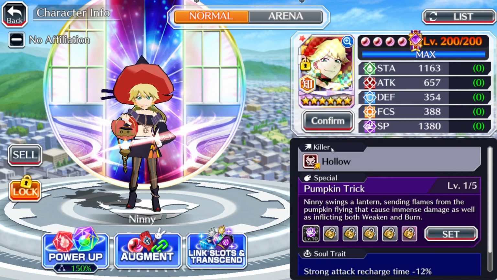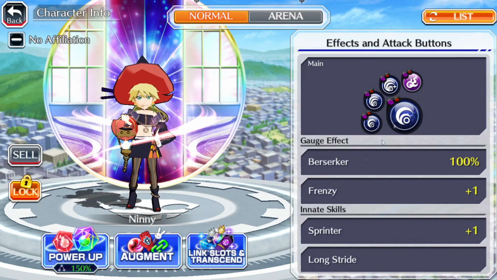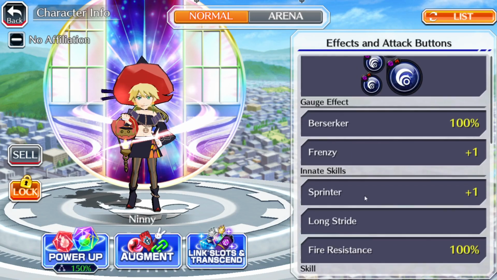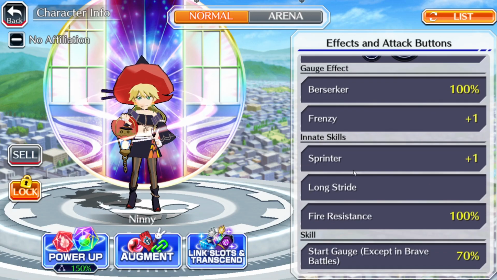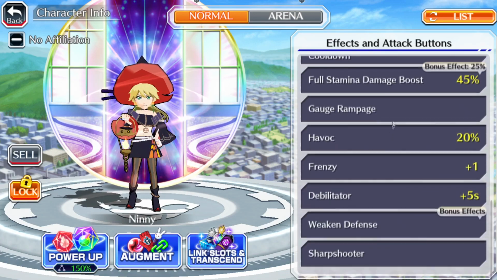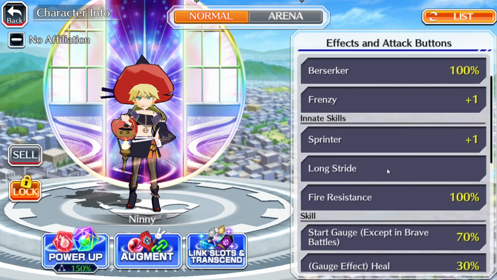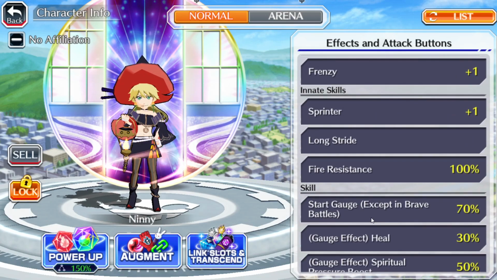She has a hollow killer, she's no affiliation, she's mind, she has double status element, she has sprinter and long stride, so basically you just end up giving her full stamina damage and weakened defense most likely, and you should be fine. Or even just damage to burning or damage to weakening, either or. She also has fire resistance, so she won't be set on fire, because there are a lot of burning pools in this area. I saw when they were doing the showcase that there is a lot of burning pools in this